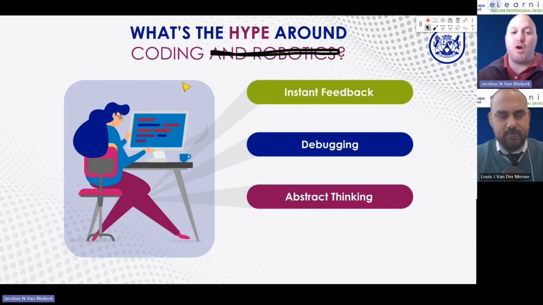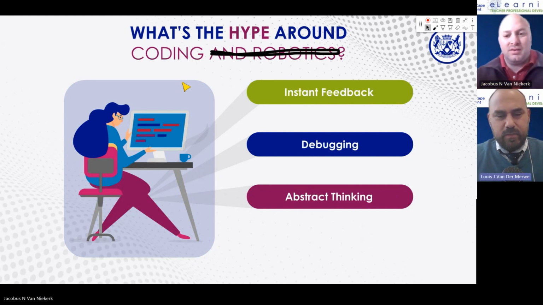Now, this is one of the more complicated things. I like Louis got a good way of explaining abstract thinking. Abstract thinking for me is your internal mind's village, that life inside your head. A simple explanation would be if I tell you the directions to my house and I start with saying, well, you leave the school, you go to the street and you turn left and you go until you meet the stop street and then you turn right. If you're immediately visualizing that in your head, then you are using abstract thinking.